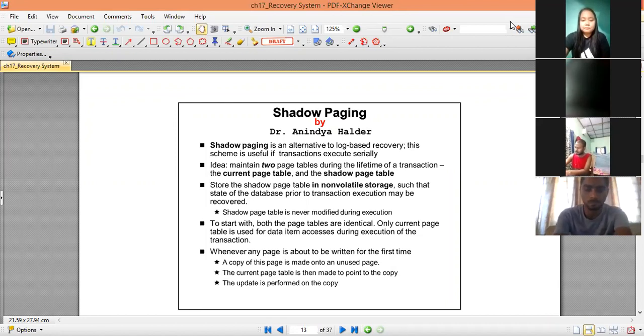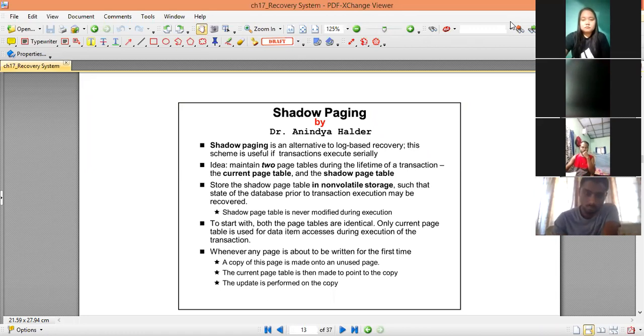So a modified policy is also suggested, called shadow paging. It does not require undoing and redoing operations at all. Therefore, the shadow paging policy is said to be free from undo redo operations. Now, let us talk about shadow paging first.